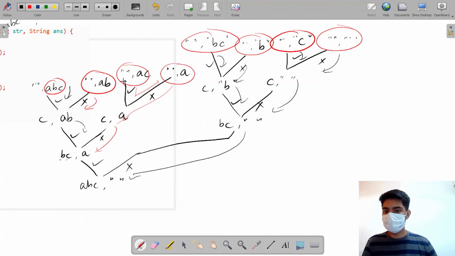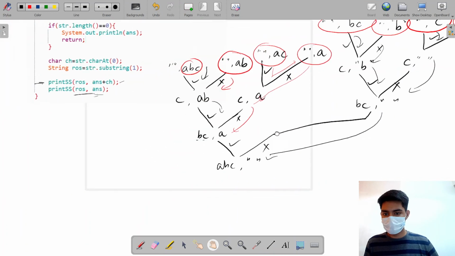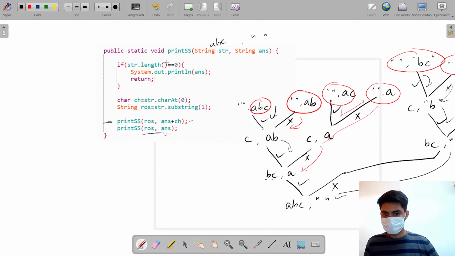After this, all of my answers have been printed as my recursion result. And here the faith that I had was that I'm going to include myself in the answer. Okay, I'm going to include myself in the answer. What you do is just get me the rest of the path. So this is how I do it. This is the pre-order work. I'm doing the work that I have to do before making the call. So we also call this the bottom up approach.